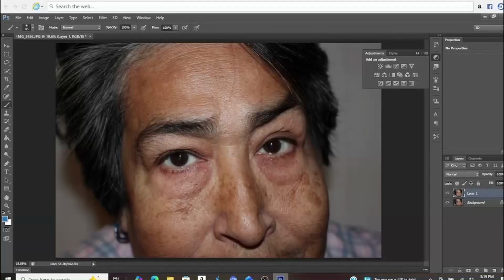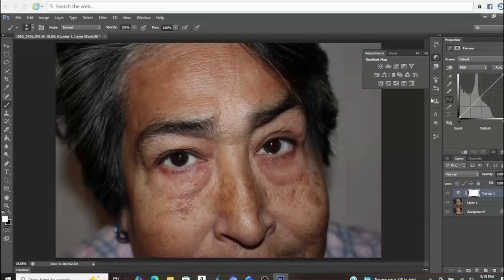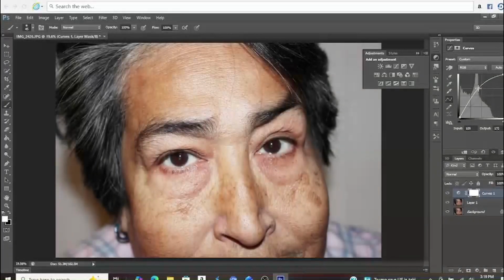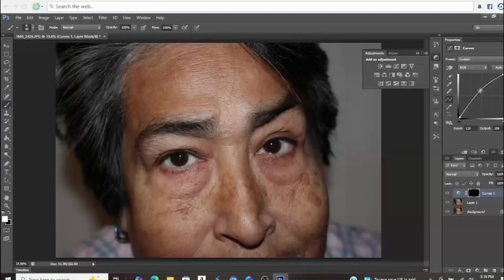Now if we go up here to Adjustments and select Curves, when you experiment with curves, you'll see it affects the entire image. To change just the eyes, press Control or Command I, and this will hide the effect. Now press Z to zoom in on the eyes,